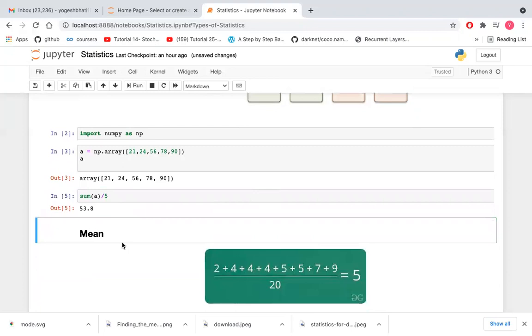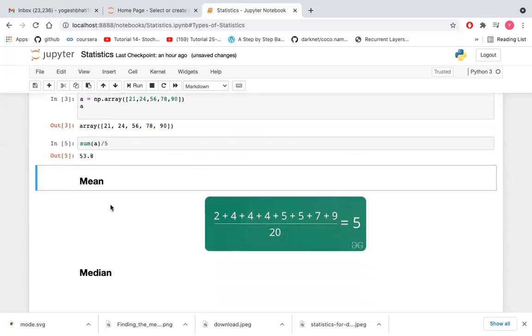So the mean, a central tendency, is used to calculate the average value so that we can draw a conclusion from that average value, like how many people are above the mean and how many are below it, and we can calculate the difference between the mean value and a given value. So we can find conclusions from that data set. How is a mean calculated? We sum up all numbers and divide by the total count, and we get the mean of that data.